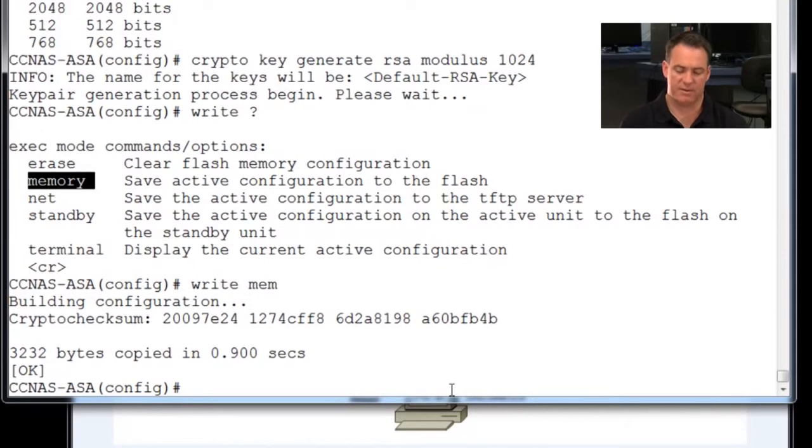Okay, so now that we've set up our RSA keys, what we want to do next is set up which addresses have access to SSH or to Telnet. So what we'll do is we'll say SSH, and set up a pool of addresses to access the ASA device. Of course, we want the 192.168.1.0 network